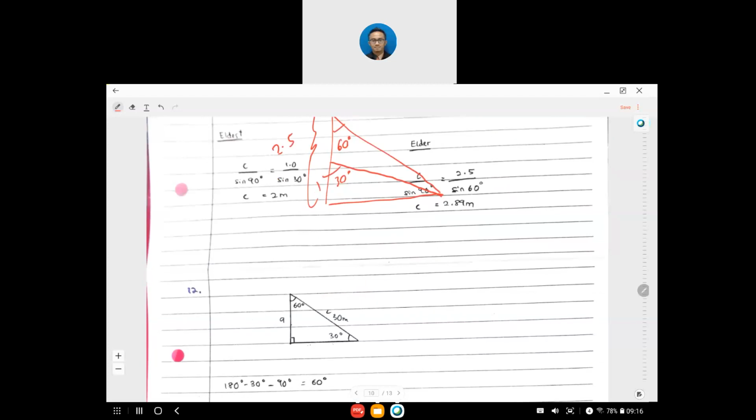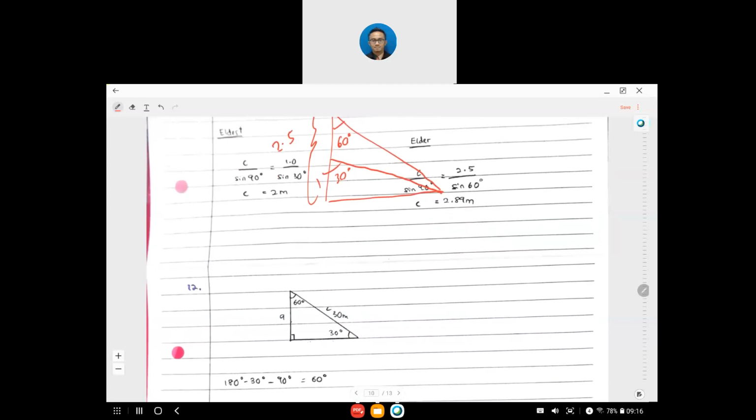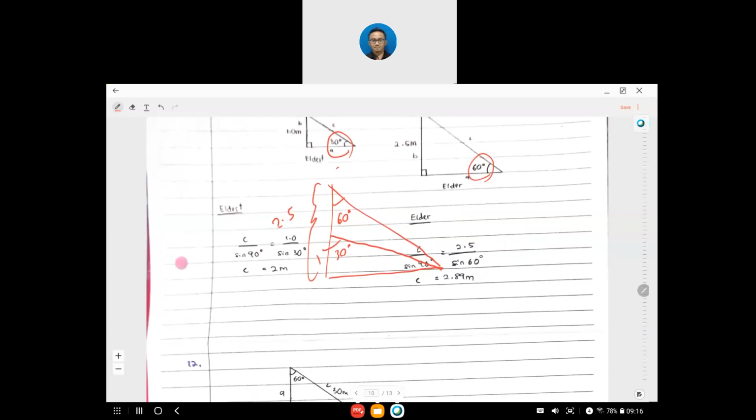So when you want to calculate, okay, you are using a formula. You want to find the length here, and then the length for this one. Okay, so the first one we can use